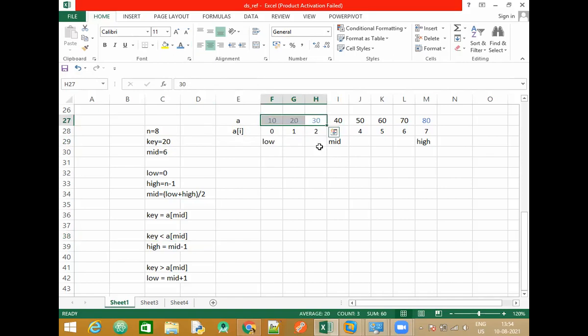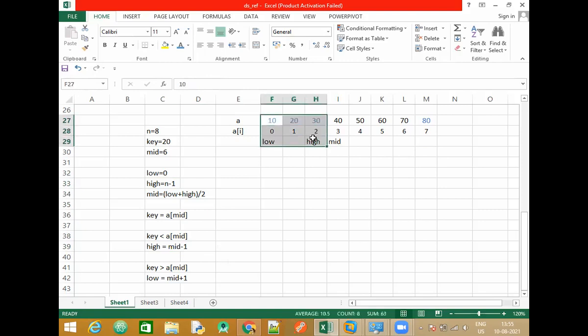Now what will happen? We have a look here. We have the value of low, but we do not have the value of high. We need to calculate the value of high. We have executed this, so the value of high will be 1 lesser than that of mid, because we are searching in the left hand side of the array. So the new value of high is going to be here.